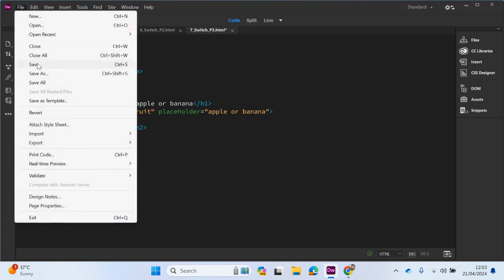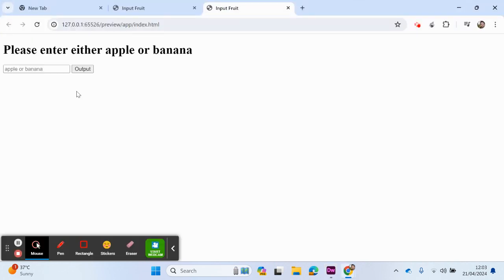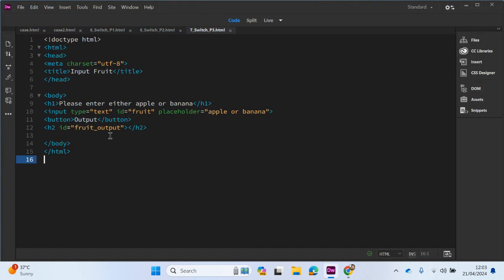If you want to have a look and see what we have so far, you can do. So we're going to enter the name of a fruit, and then we'll click this button and something will appear down here. Okay, depending on if we type in apple or banana, we'll get a different output. Okay, so now what we need to do is go to the script